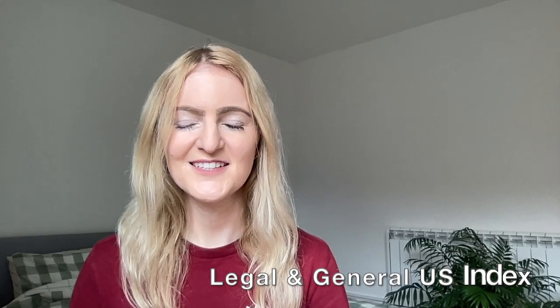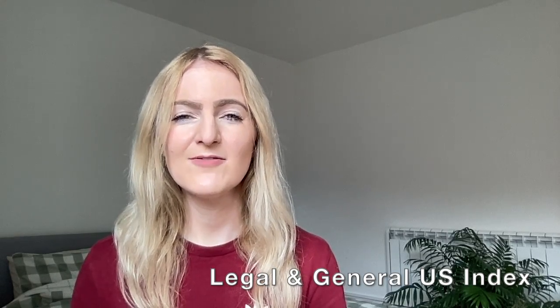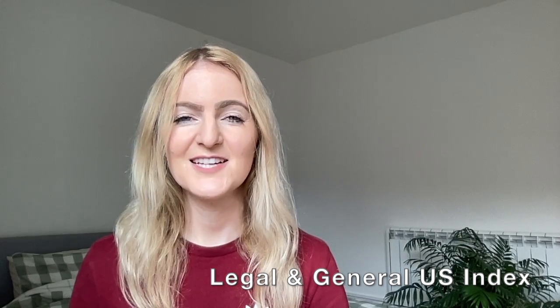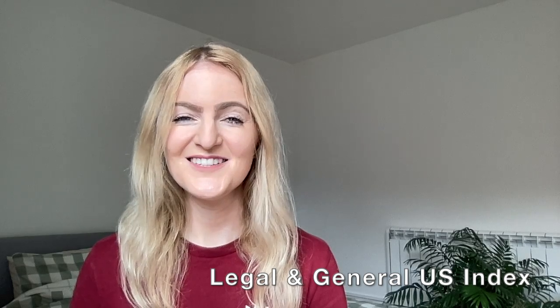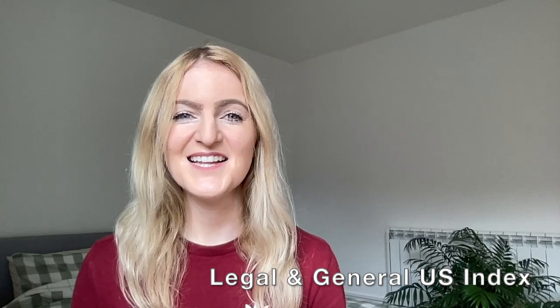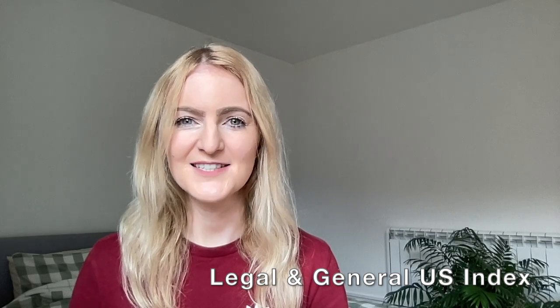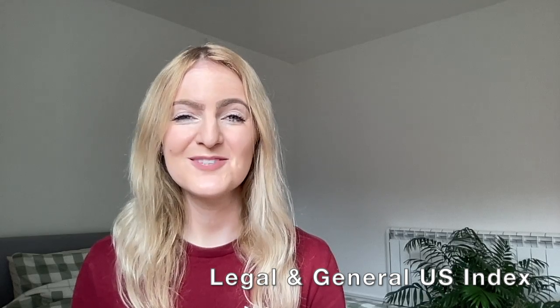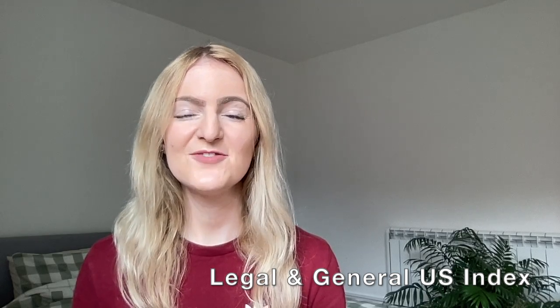Number two is the Legal and General US Index. This tracks the top 500 companies in the US stock market. It currently has 586 holdings. The top holdings are in Apple and Microsoft, and the top sectors are software and tech. The fund charge with this one is actually really low, which is why it's a great choice. Fund charge is just